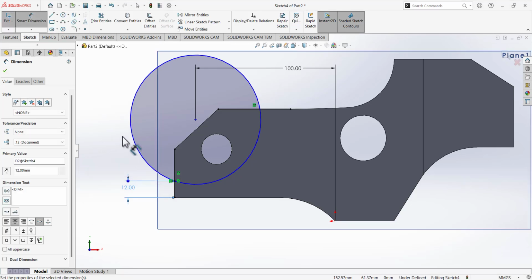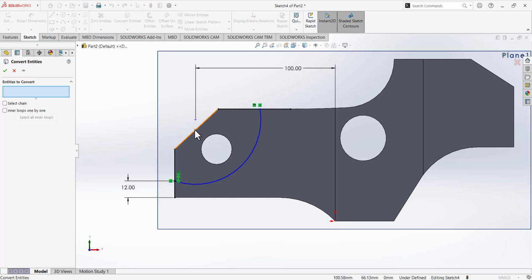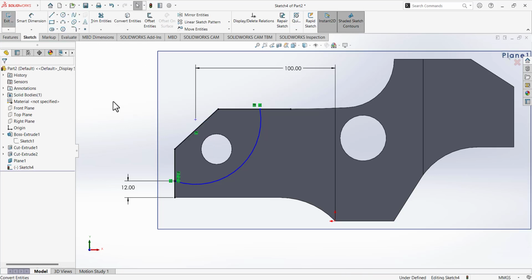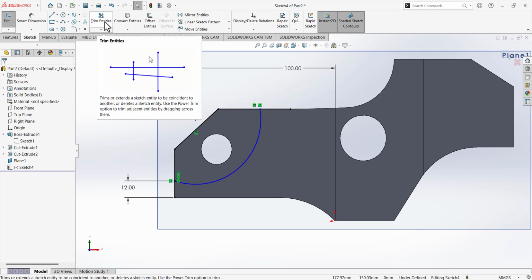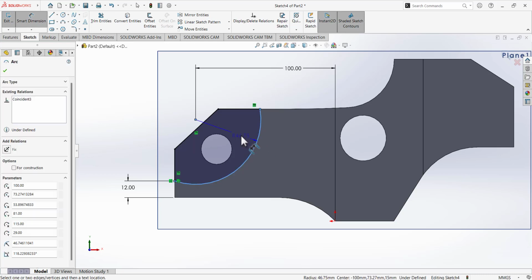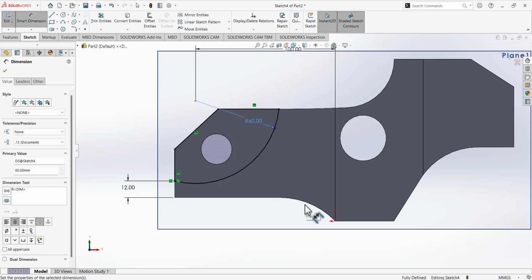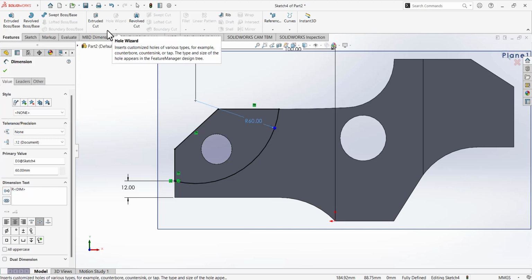And I'm going to use the trim tool and trim this portion of the sketch. Again, use convert entities, select this edge and convert it into a sketch, use the trim tool, select this edge, and smart dimension. Select this and it has the radius of 60. So this sketch is also fully defined, and we are going to go to the feature and extruded cut this